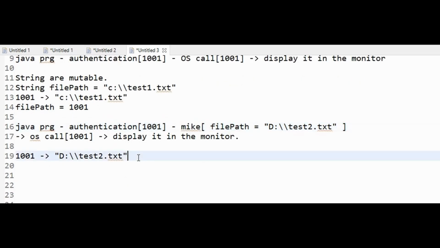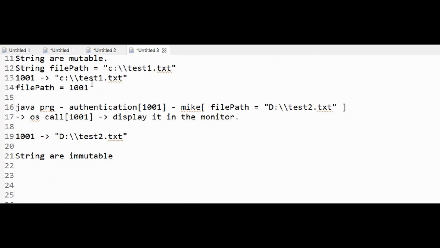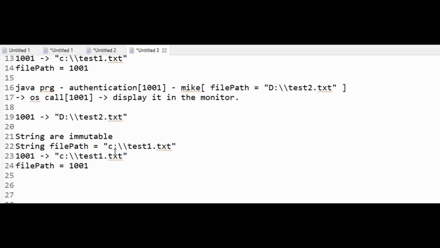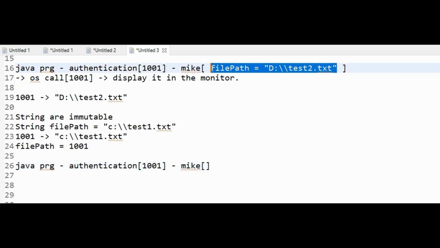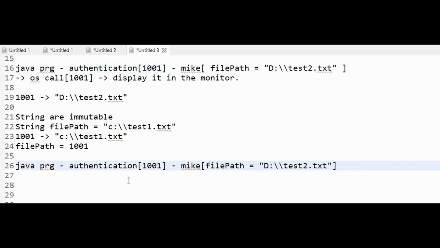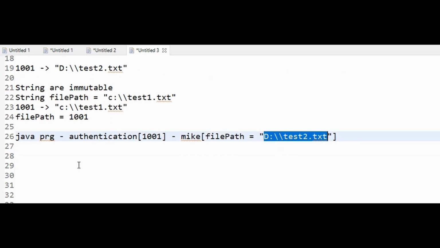Okay, now let's come to strings being immutable. If this is the case, what will happen if this hacking is performed? Just copy this one. Java program, authentication, everything is happening pretty well. And then Mike is changing the file path to D drive test2.txt. Now since strings are immutable, what will happen is for this particular string,